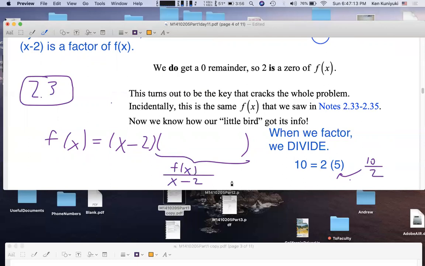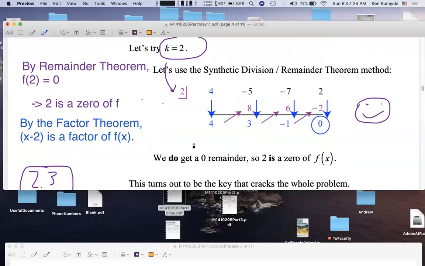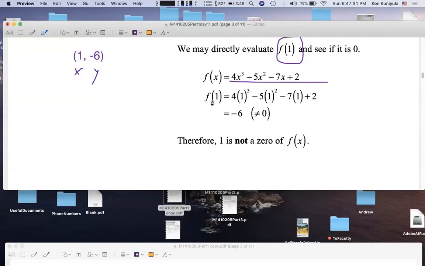Now, how can we do that? How can we take a polynomial in x and divide by x minus 2? We could use synthetic division. But wait, we've already done that. Which is why, if you want to know if 2 is a 0 for f of x, although you could plug in 2 directly, as we did with f of 1 over here, and you would find that f of 2 equals 0, by the way,